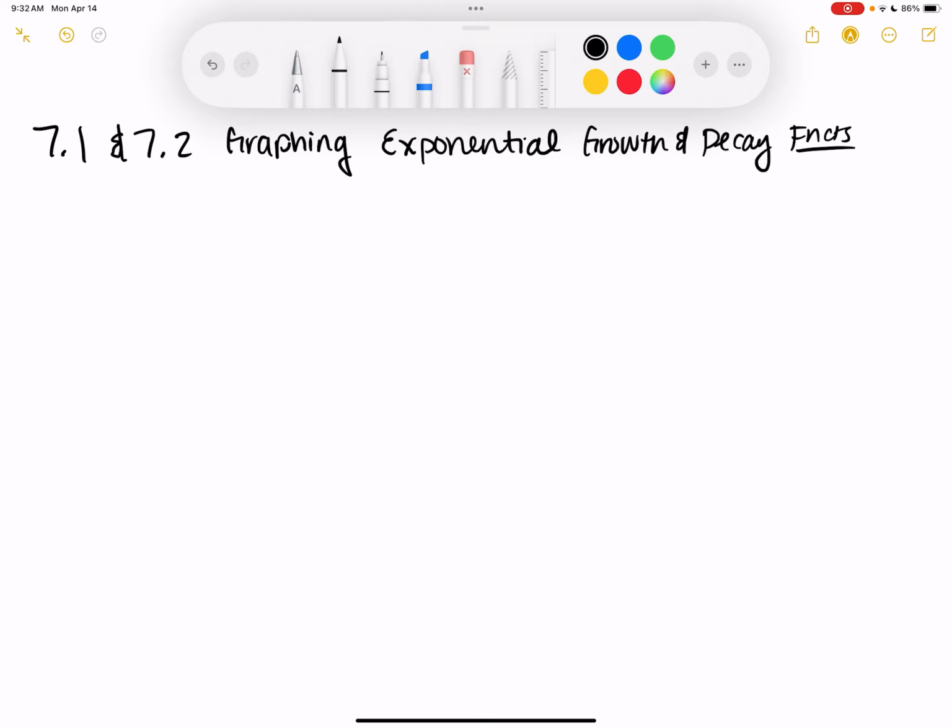So basically, things that you're going to need to be able to do with this: you're going to need to be able to determine, is this a growth or decay function? If you don't recognize it just by looking at it, you can always plot points and you'll be able to figure it out. And then domain and range of them, which is super easy because, well, you'll see why in a second. So the parent function for exponential growth,